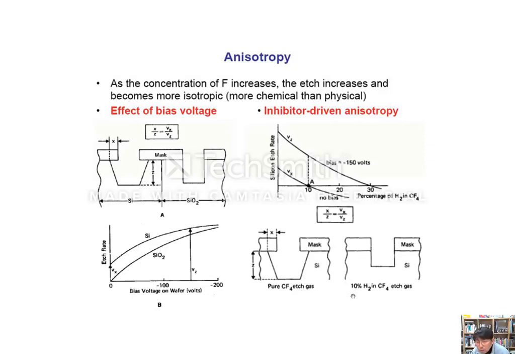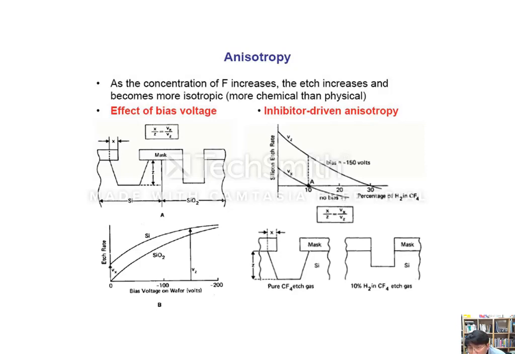Also, if you have a different combination of gases, you can get either isotropic or anisotropic etching. That's vertical anisotropic etching, and this one has a different etch rate. This is purely vertical, but this is also attached to the sidewall as well. So you need to find out a kind of magic here. For example,